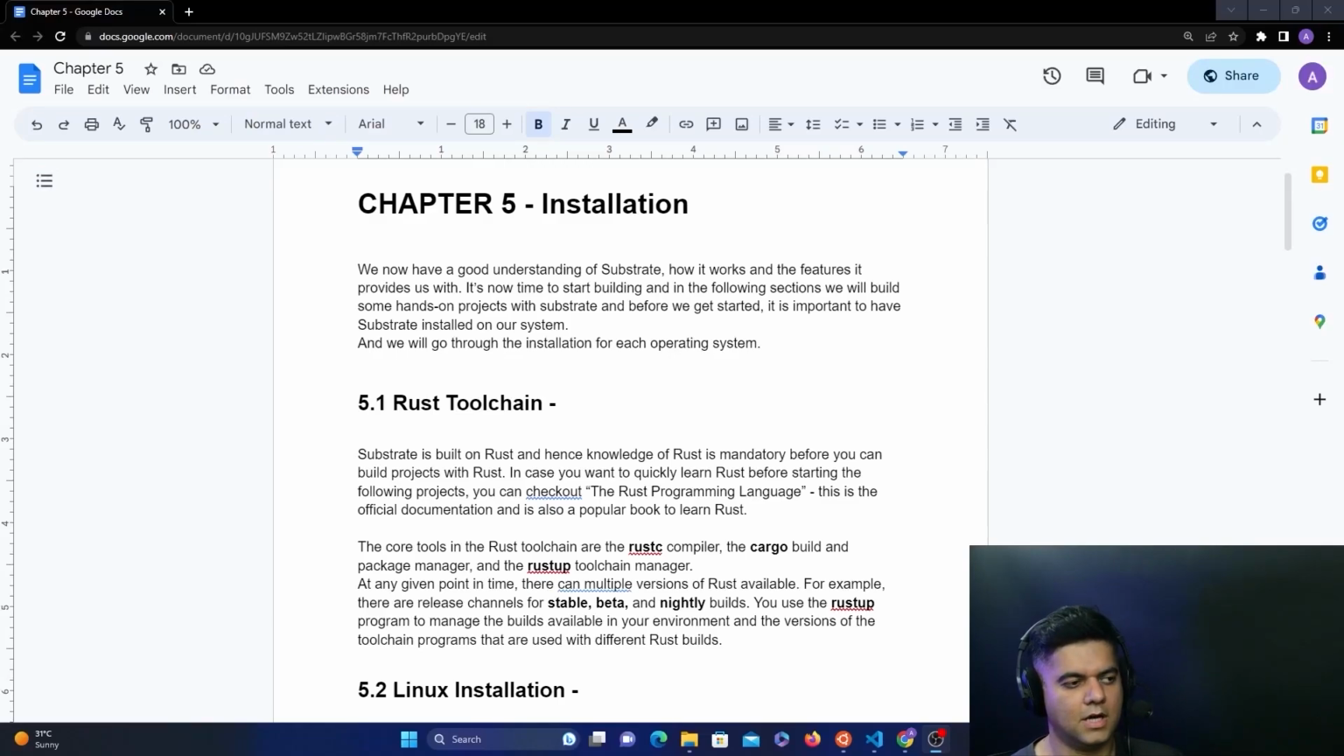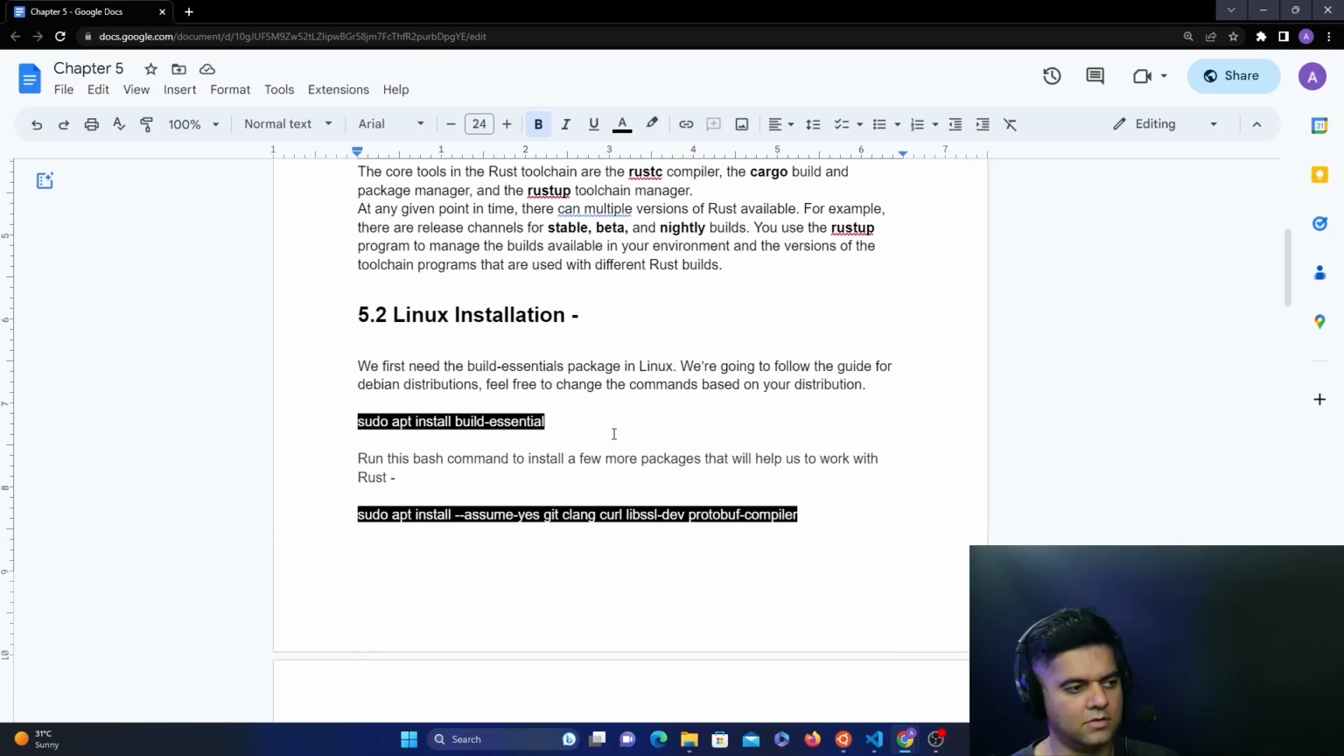Now before we can start working with Substrate, we need Rust to be installed on our system. The reason is that Substrate has been built with Rust. This is why we need the Rust toolchain on our system. Now you have access to this document which is part of this course, and all the commands for installing Rust